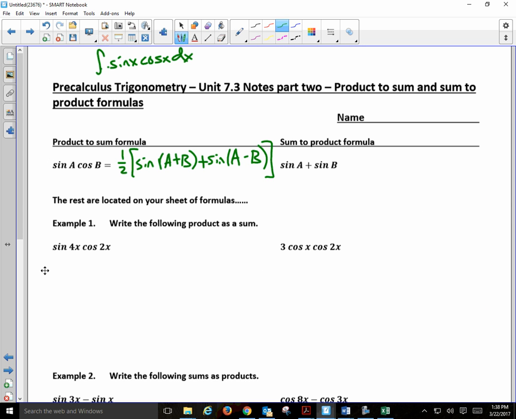How about sine of A plus sine of B? I want to go from a sum to a product. 2 sine of A plus B over 2 times